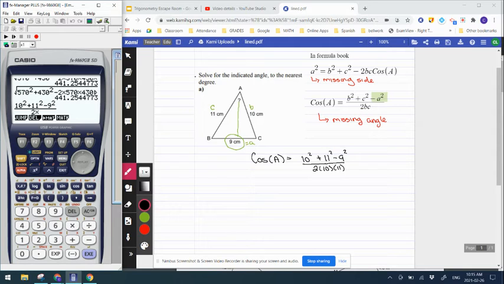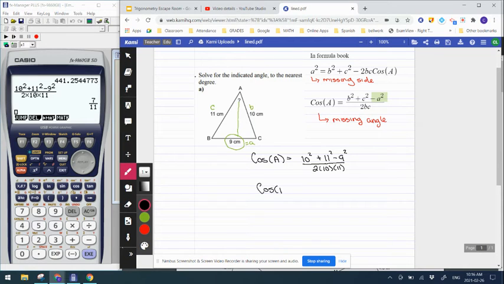10 times 11. Always make sure that what you have in your calculator matches your equation, and so we can just hit execute. So we have that cos A is equal to 7 over 11. Of course, I don't want to know what cos A equals, I want to know what A equals. To figure out what angle A equals, we need to take the inverse cos